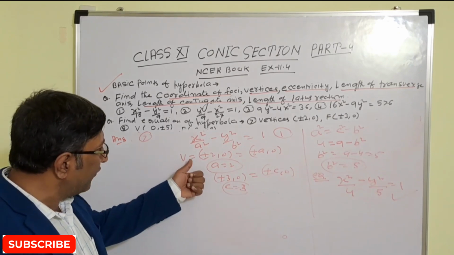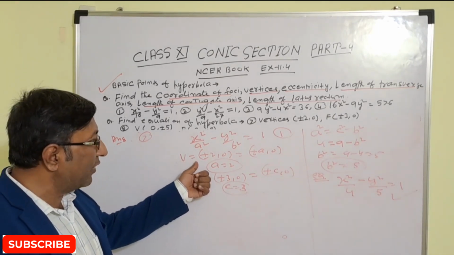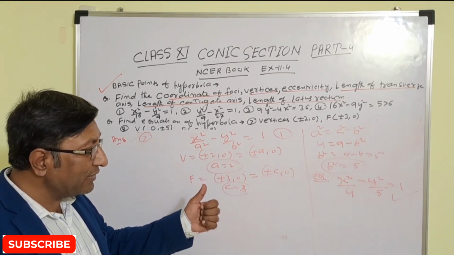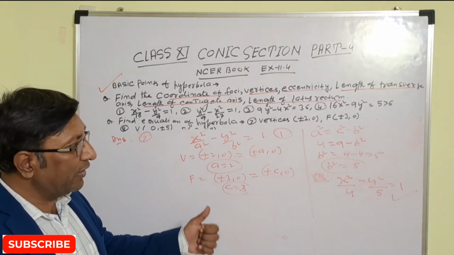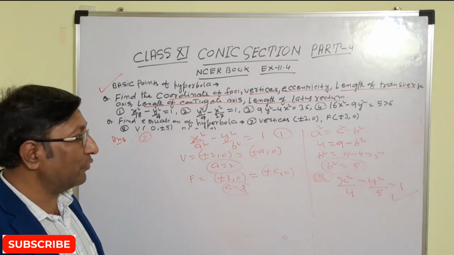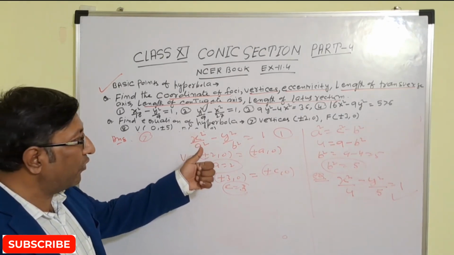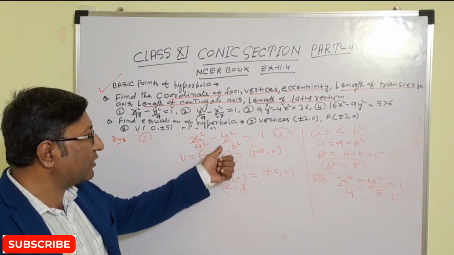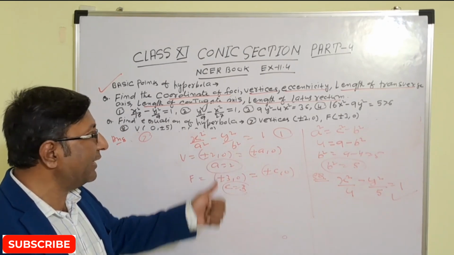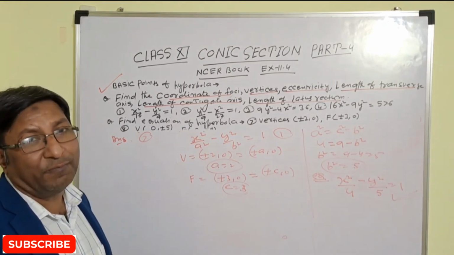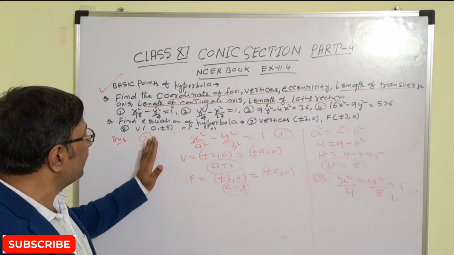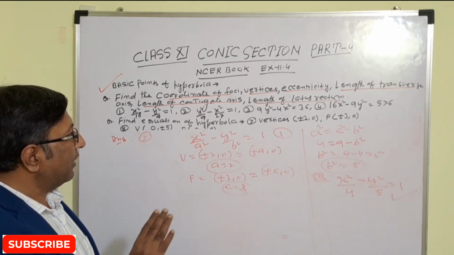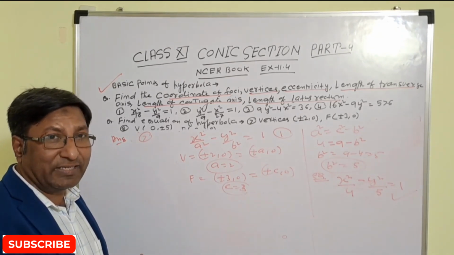So when any question of this type comes, first see the coordinates of the vertices and the foci. If they are along the x-axis, the y coordinate will be 0. If along the y-axis, the x coordinate will be 0. So write your equation accordingly. If there is an x coordinate and y coordinate 0, then x square by a square minus y square by b square equal to 1, and find a and b from the given conditions. You will find the right answer. In the same way, you can solve question number 8 also. We explained all the questions in a very easy and basic way.